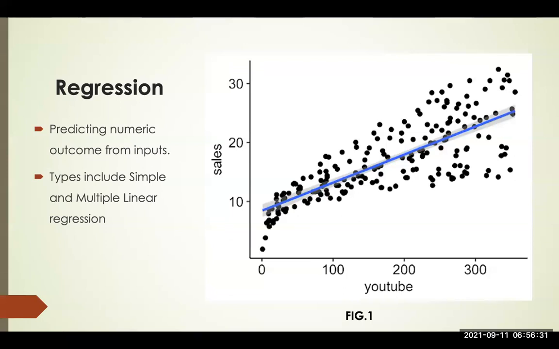So this one is just a linear regression. Why is it linear regression? It only has one single variable, and you are using that one variable to predict the output, sales. The variable here is the YouTube views. The output is the sales. So if your model has a single variable, that's linear regression.